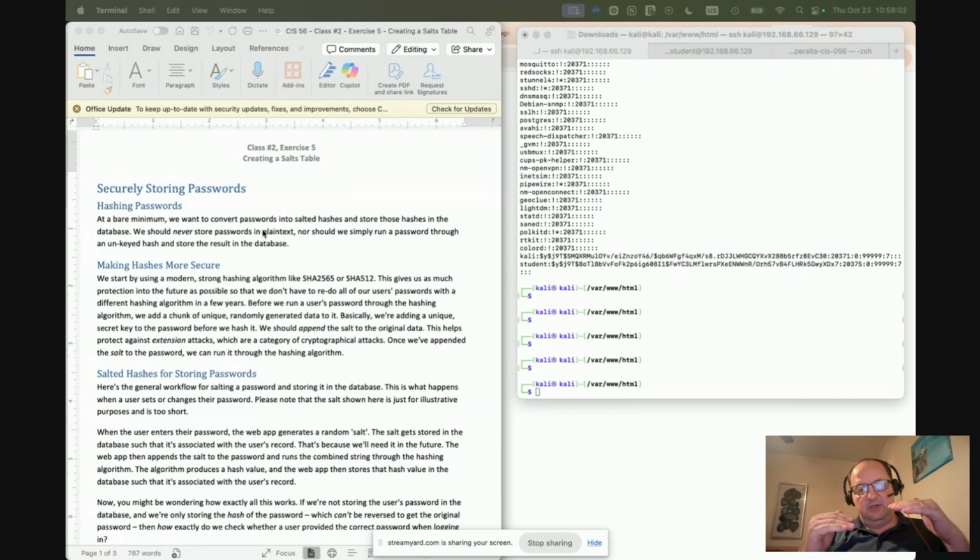table with a list of salts, or a unique string of text for each particular user, so that we can compute the hash that we store. So we're going to store the hash for the user password here, based on the salt. We're going to take whatever the password is plus the salt to create the hash. And then when we check, we're going to do the same thing. We're going to take what input we're given, add the salt, and compute and see if it matches the hash